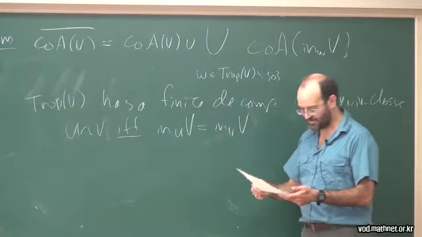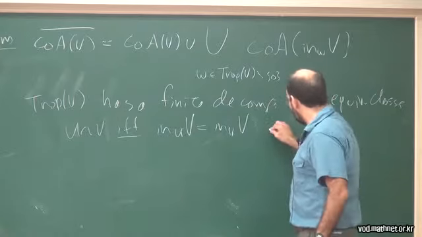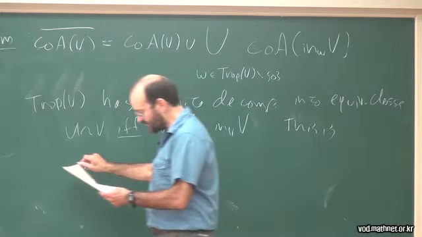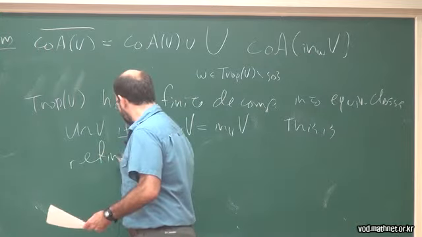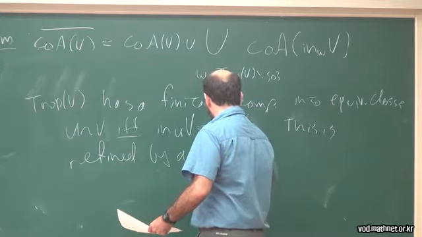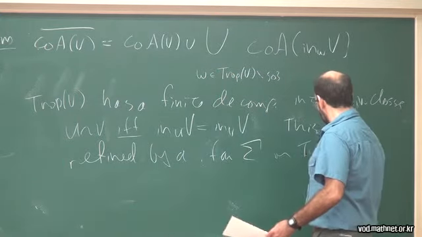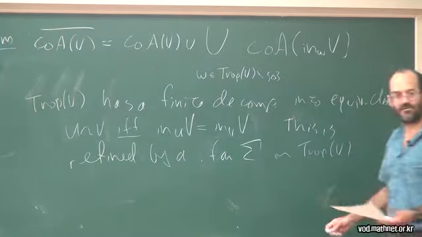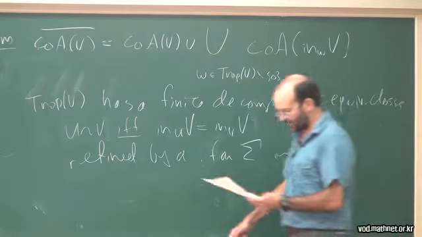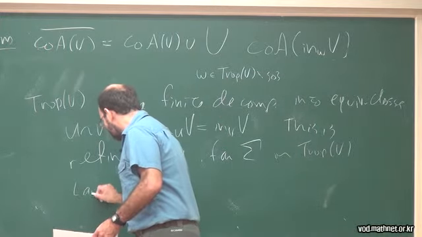and this is refined by a fan. So there's a fan structure on trop V. It's not canonical because it depends upon some choices, but there's a fan structure. And what happens is that if you take the largest,